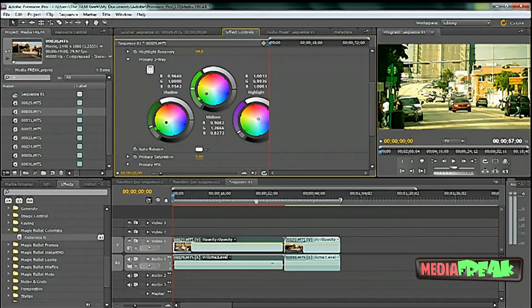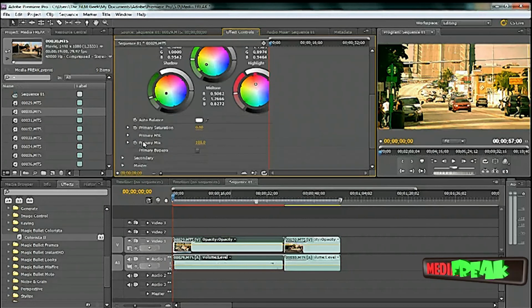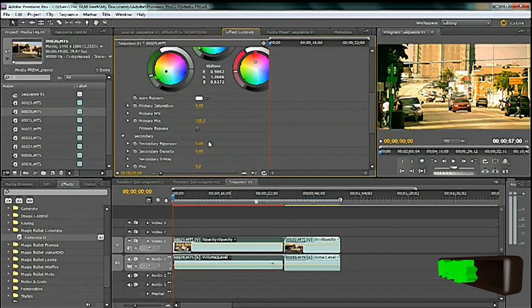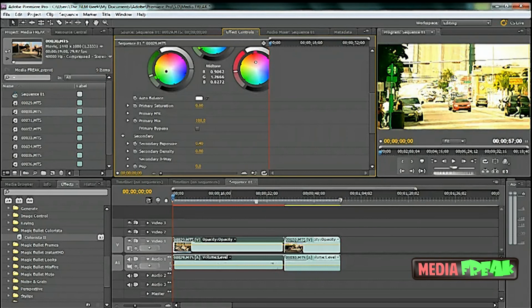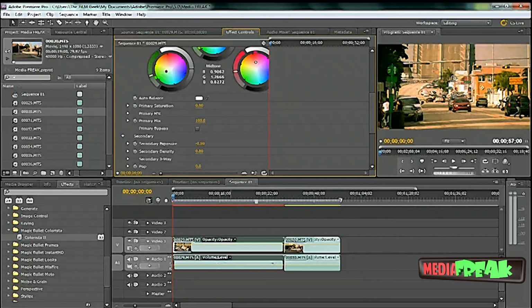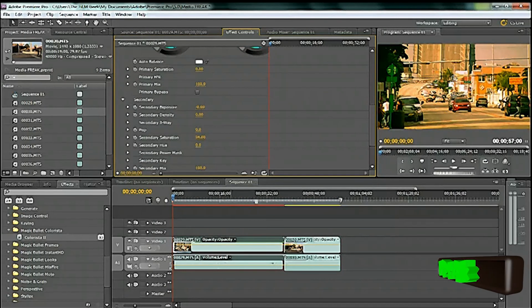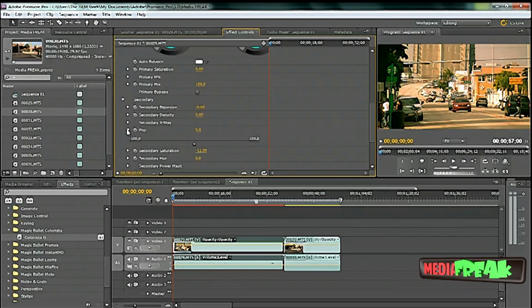But if we want to get some red here in our highlights, then our secondary is going to be our exposure. We can put more exposure. Wants more saturation, and it has